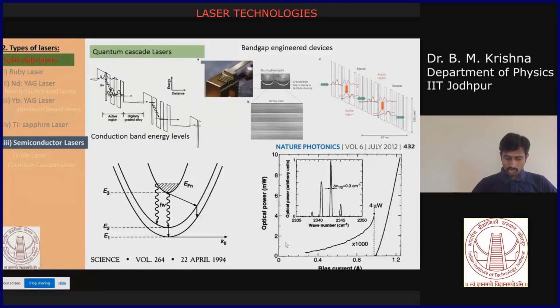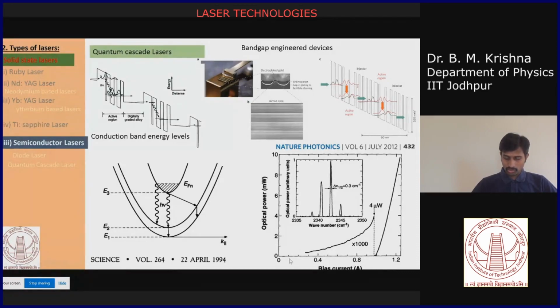Now if you see your optical power, as I mentioned, these are very tiny devices, so your power will be lower. You will get a few milliwatts of power. But you can assume that with a micrometer size device, it's giving milliwatt power. So it has different applications. These kinds of devices can be used for different applications.